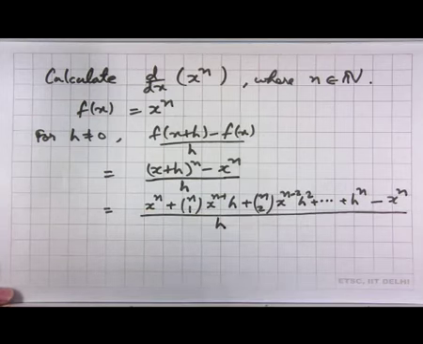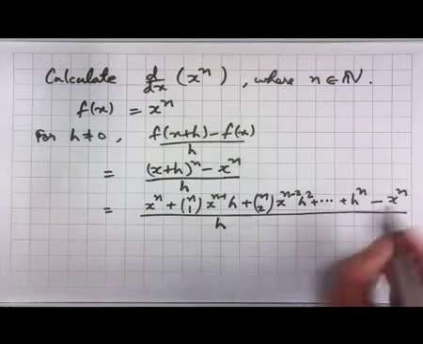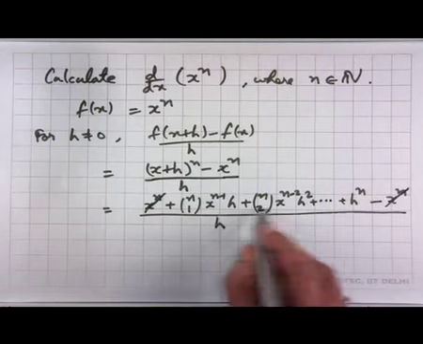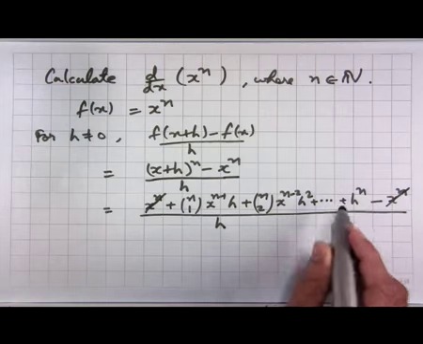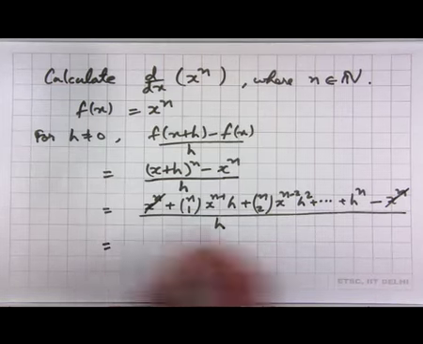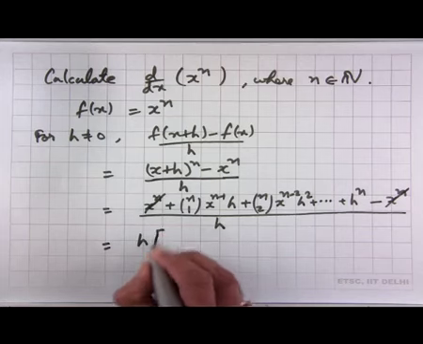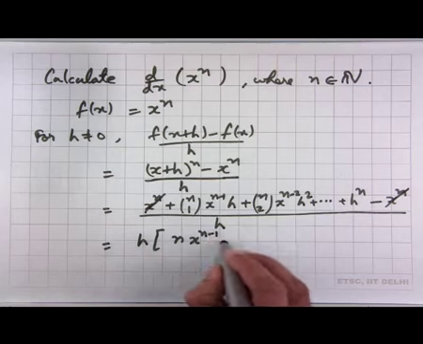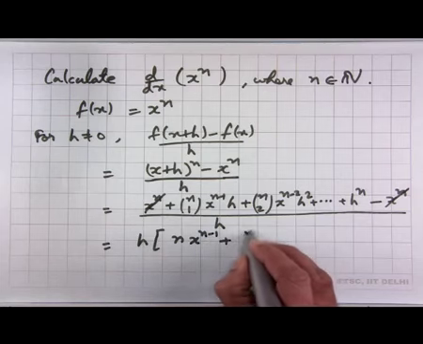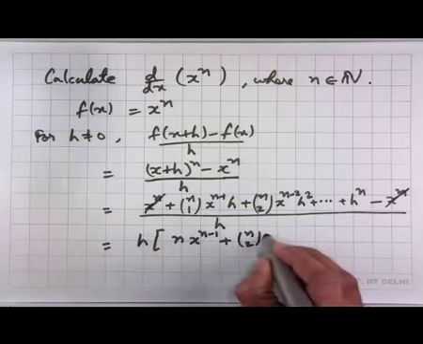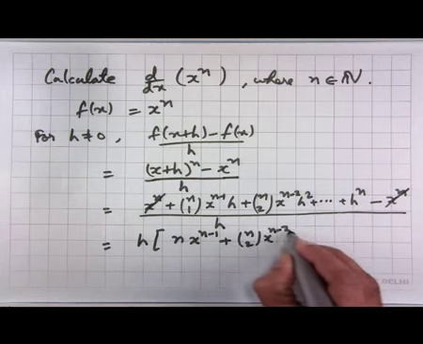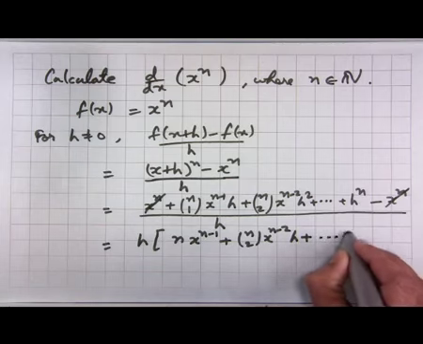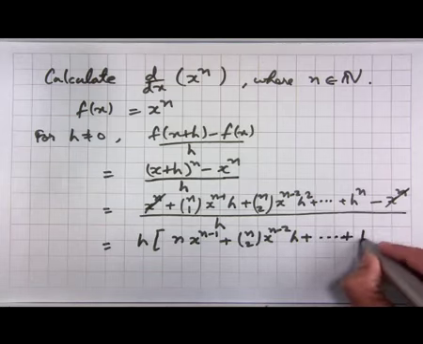Now, here if you note, this x to the n cancels with this, and now you note that every term has h in common. So, we get h times n choose 1, which is simply n x to the n minus 1, plus n choose 2 x to the n minus 2 times h plus other terms which contain h to the n minus 1,